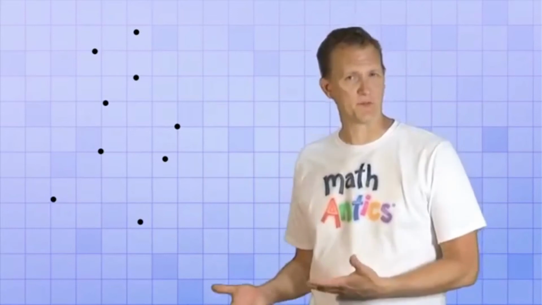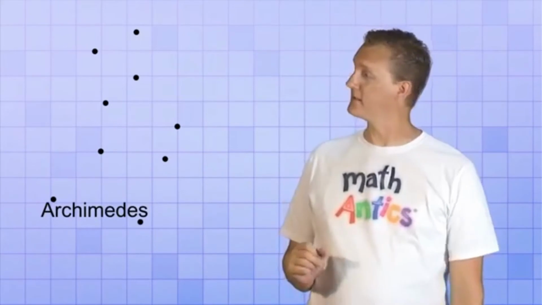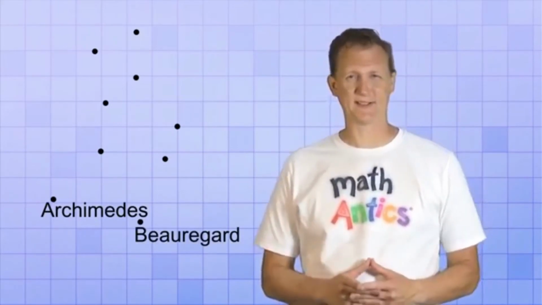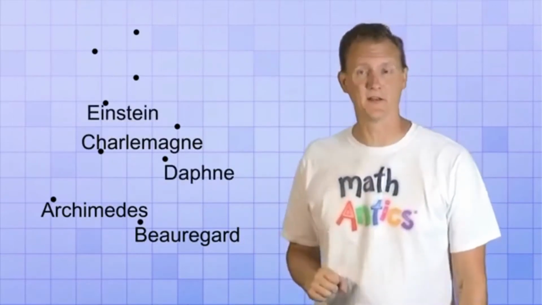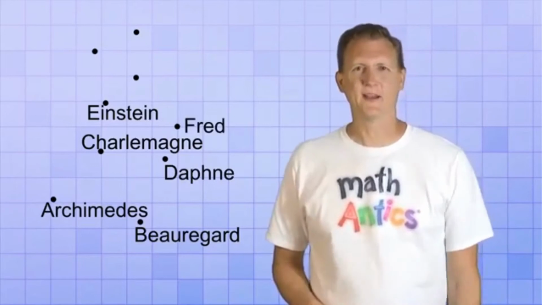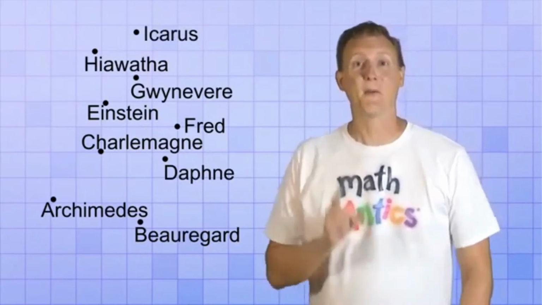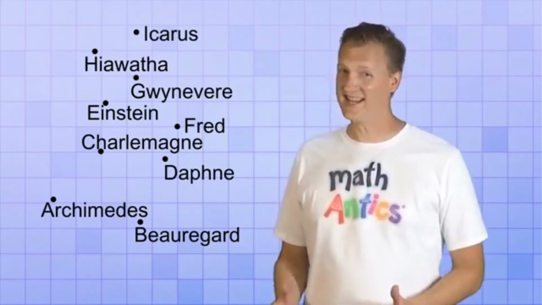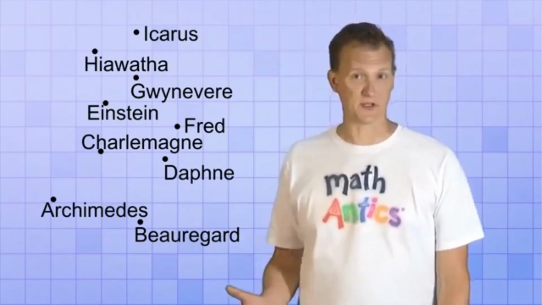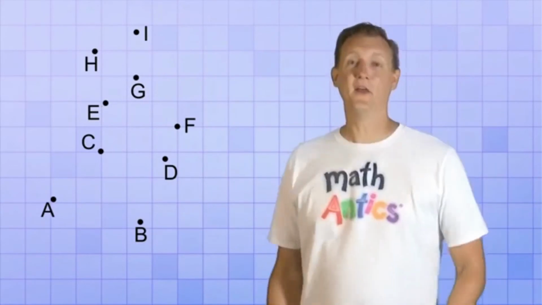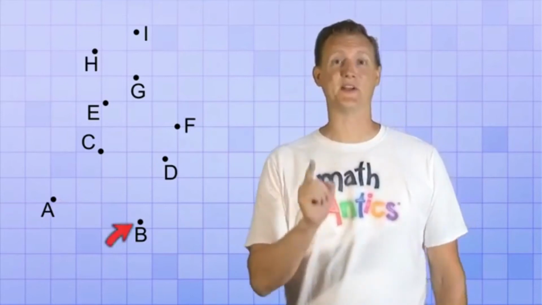So what name should we give these points? Well, let's see. How about Archimedes and Beauregard? That'd be good. Maybe Charlemagne. How about Daphne and Einstein? Let's see. Fred and Guinevere, Hiawatha, and Icarus. Perfect. You know, on second thought, those names are kind of long and complicated. Why don't we just use the first letters of each name instead? There. Now if I say, look at point A, or look at point B, you know exactly what I'm talking